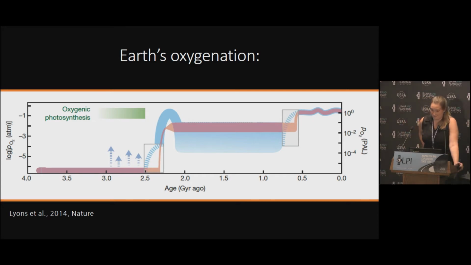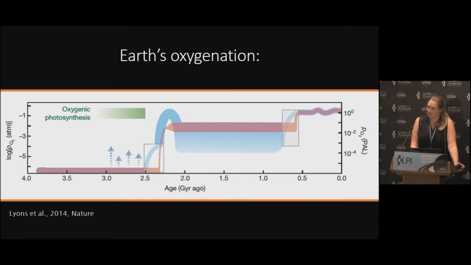The other really important aspect of this updated oxygen history is that we now know that oxygenic photosynthesis significantly predates the Great Oxidation event. That's at least by a couple hundred million years, possibly by as much as 500 million years or more. And so the other thing that we have learned since Kump 2008 is that atmospheric oxygen is not a reliable indicator of oxygenic photosynthesis. And I'm also going to show you that it's not a reliable indicator of aerobic ecosystems and oxygen dependence of the biosphere as well.